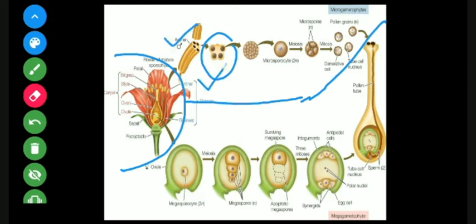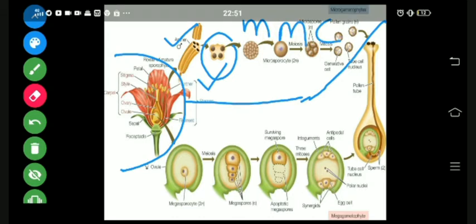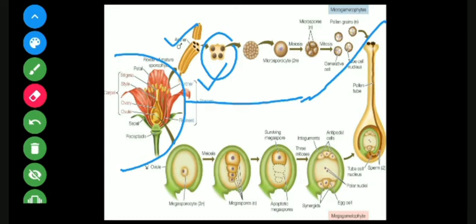Now this anther is having the pollen sac, and the individual pollen sacs are having many MMC. Now you know what is MMC? It is a microspore mother cell. The microspore mother cell is actually diploid in nature. Whenever any cell is diploid in nature, it will undergo the meiotic division, that is reductional division. As soon as the meiosis takes place, the individual microspore mother cell will give rise to 4 haploid pollen grains or the microspores. Remember, this pollen grain will further act as a male gametophyte which consists of male gametes. So this was about the male gametophyte development.